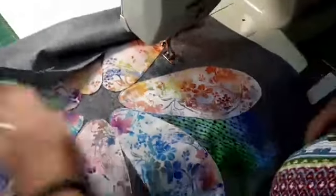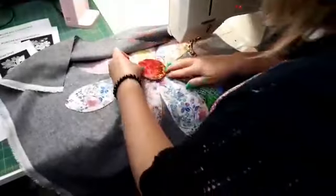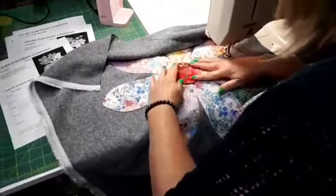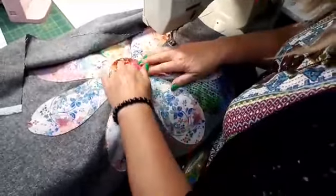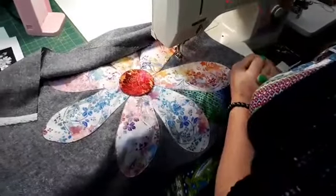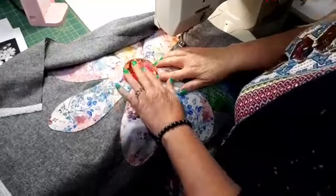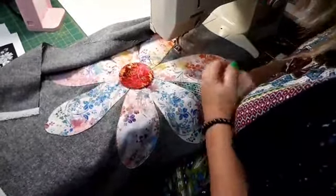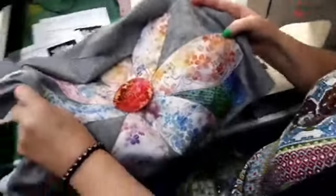And that's how we finish off those petals. So then we can come back with our centre, and we can place our centre over the top. We'll go to the ironing board and we can press that on, and then we can come back and stitch that on. I probably need to look for a nice, perhaps a variegated pink and red thread if I've got one, or just a burnt orange sort of thread that I think would look good on that one. So we'll just take that back to there,